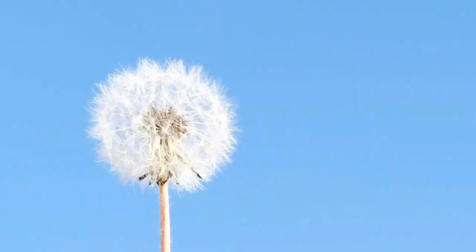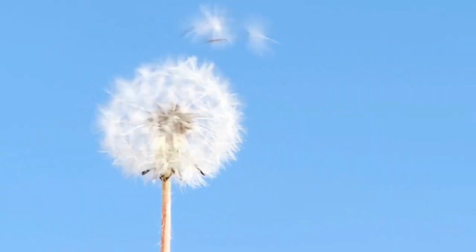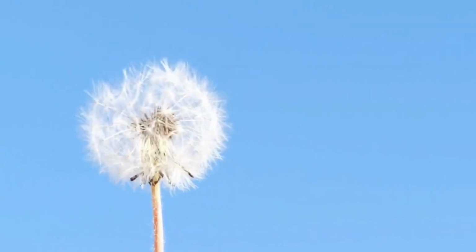Our hormone health hub of the week is dandelion. Now, dandelions are commonly thought of as weeds. You may have seen them growing around in your garden, and you may have even picked up the seed head, blown and made a wish. But essentially, dandelions are an incredibly nutritious herb, and today we're going to speak about why they're so important for